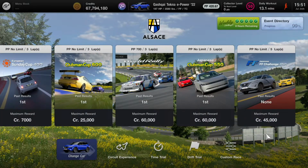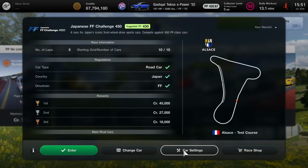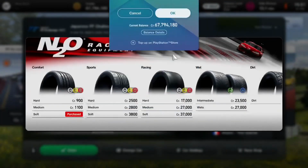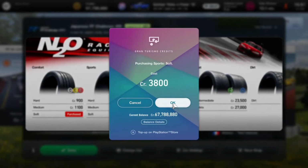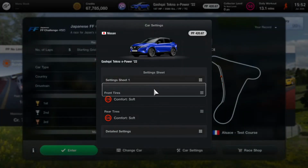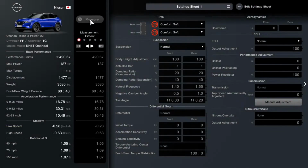Then let's have the Nissan Qashqai Tekna e-Power 2022 for Challenge Race number 2, going forward in the Alsage test course. But just in case, I'll have to purchase and use 3 tire compounds in the sports category, just to clarify that only 1 part is being added because of the hybrid powertrain. So the engine model is the